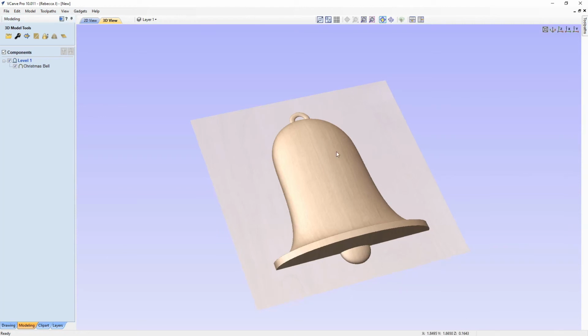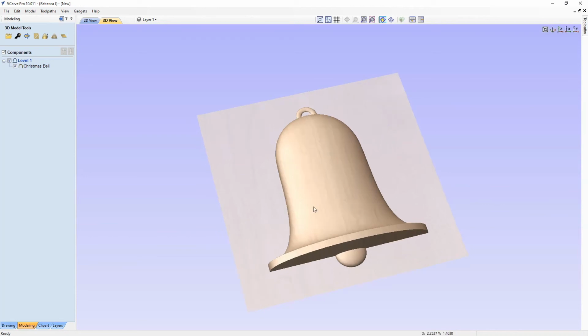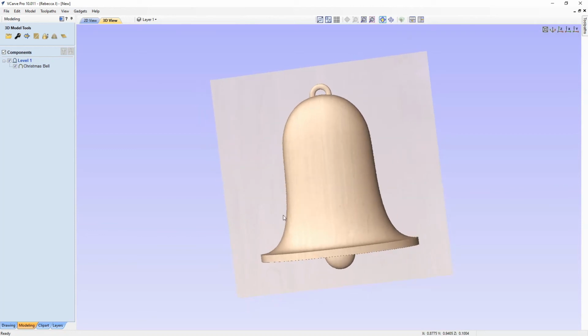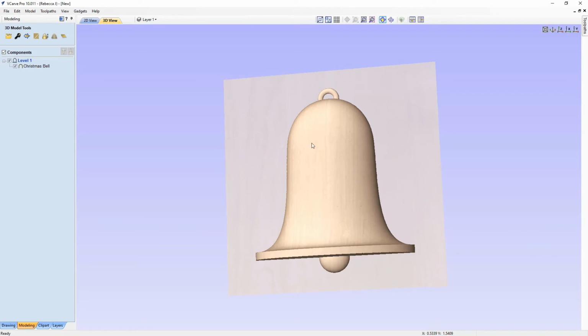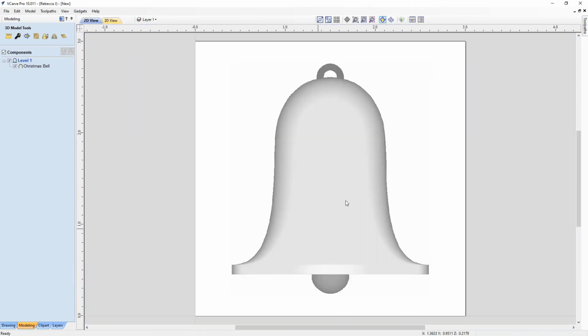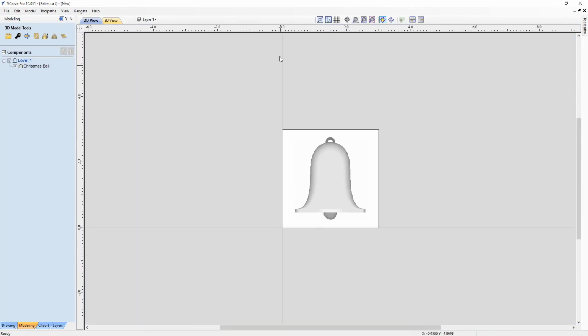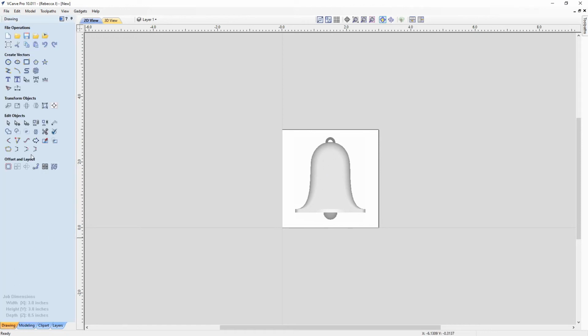With this in place, I can simply run a 3D toolpath on that to cut out this bell, and I could turn it into, I don't know, a fridge magnet. Let's say I wanted to create a few of these for my family and friends. So let's go into the 2D view. Here is my component. I'm going to need to alter the job space, as we've only got room for one bell in there. So if we go into the Drawing tab,